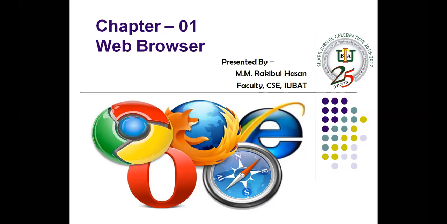Actually, is it hardware or software? What do you think? The software. Definitely, this one is software. First of all, this web browser is a software. And now the question is, what is the main use of this software? Think about Microsoft Office Word. We use Microsoft Word to compose something. We use Microsoft Excel to do some calculation. So what is the main use of this web browser?